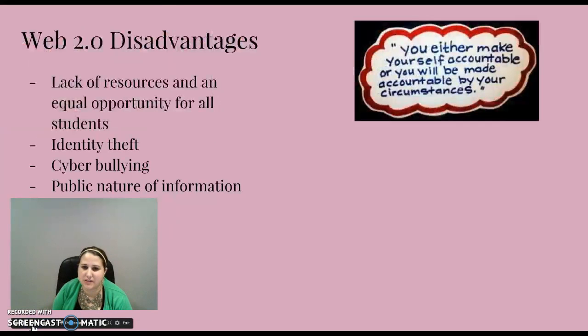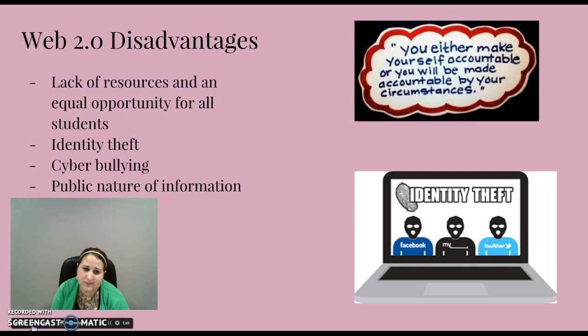Web 2.0 disadvantages. There is that lack of resources and an equal opportunity for all students, which brings me to the standard PSEL 3C, which ensures each student has equitable access to effective teachers, learning opportunities, and the resources necessary. I think that standard really stood out to me as we were discussing the digital divide, because we do have a digital divide, and we are not, as leaders, able to currently ensure that each student has that equitable access. Identity theft and cyberbullying, all of those things are disadvantages to